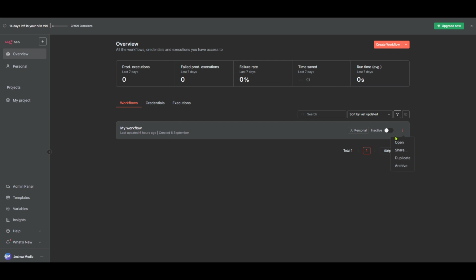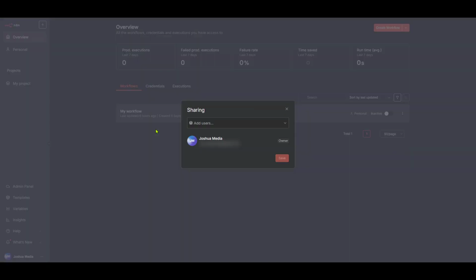In the resulting drop-down menu, the option you're interested in is Share. By clicking this, you'll initiate the process of making your workflow publicly accessible through a local tunnel. This is a convenient way to give others access to your work without having to share your entire workspace or